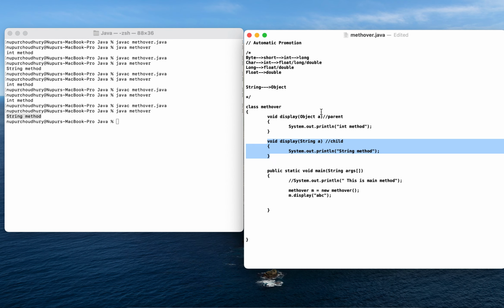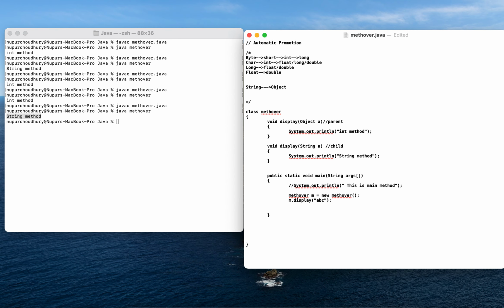All right, so before we go ahead with the next concept, we should also remember that there is another concept which I think all of us have done, which is known as string buffer. Okay, so this is also a child of the object. So now what I'll do is I'll simply use string buffer here as the data type.